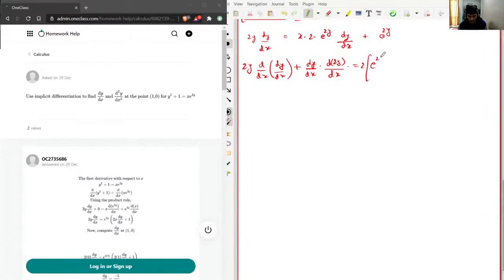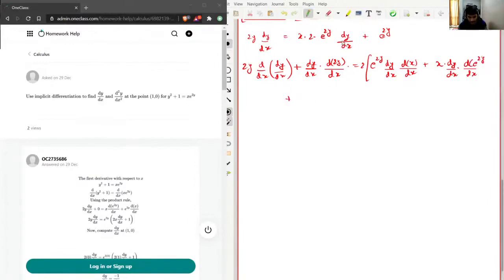So e power 2y dy by dx, and this will be dx by dx, plus we'll keep dy by dx and x constant, so x times dy by dx times dx of e power 2y,